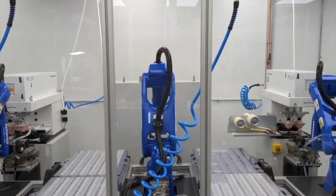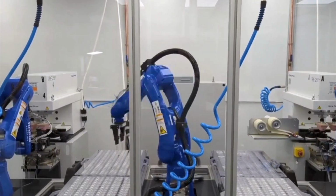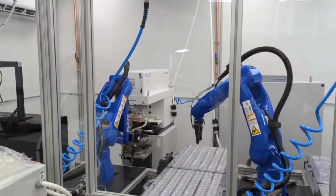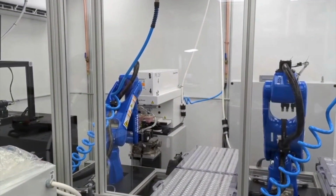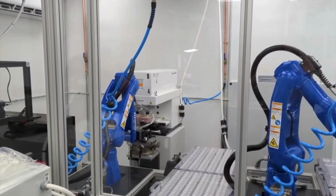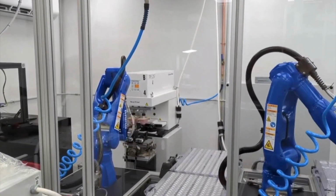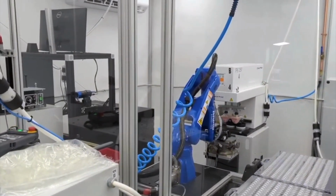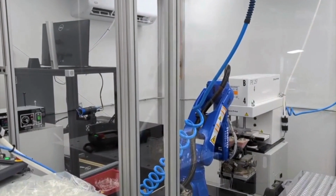This particular application, we have 3 industrial robots. These are plasma treating syringes. So we need 3 robots for the throughput here because they're not only being plasma treated, pad printed, but they're also being inspected. So this center robot is picking up the syringes, putting them into a plasma treatment, and handing